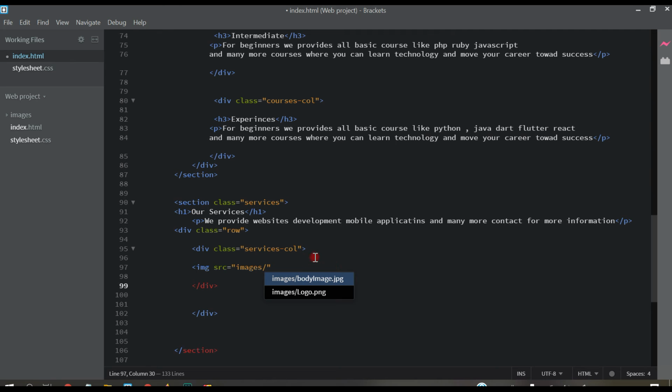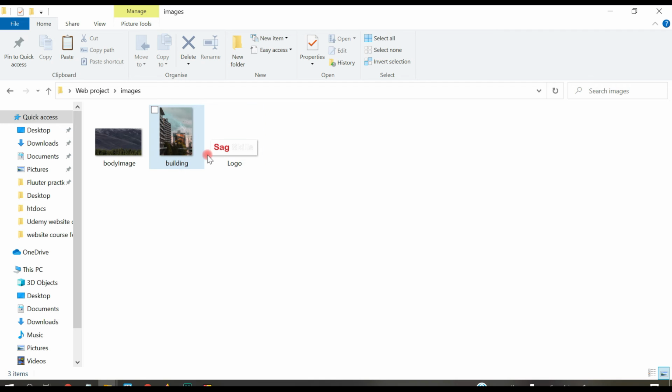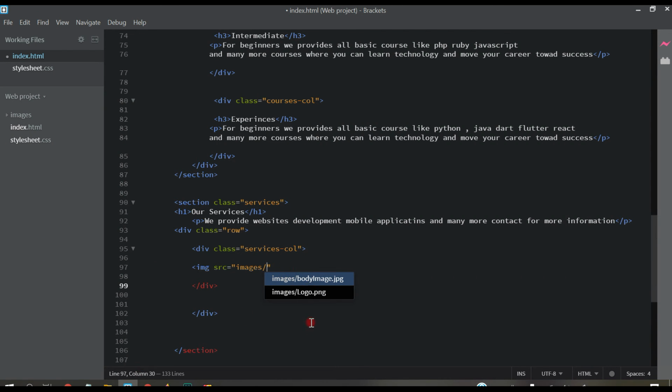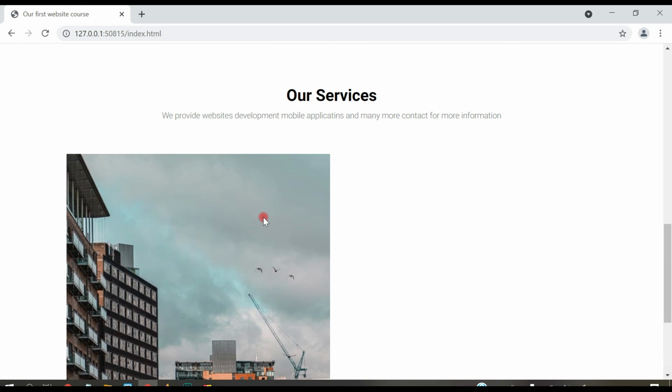So I have downloaded one image and I have cropped it to 512 width and 701 height. You can see here this one building, the name of this building. I will provide all these images in the description after completing this course. Okay guys, don't worry, you can use all the same. So this picture I have downloaded, and here I will access this images building and close it. Control S, go to the browser, how does it look. You can see now it's looking like this.